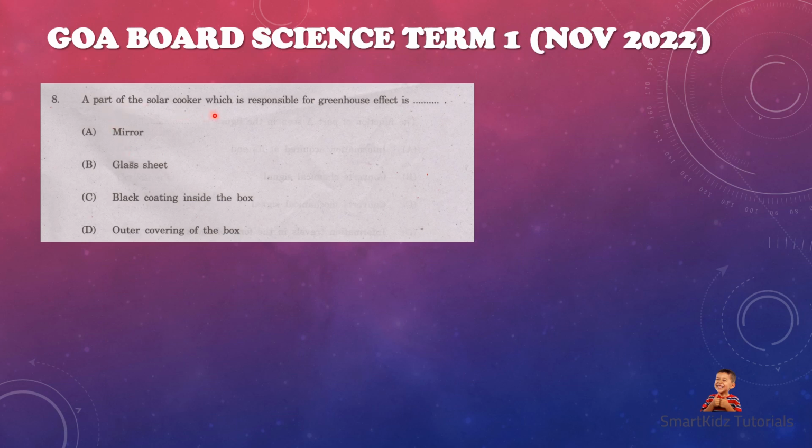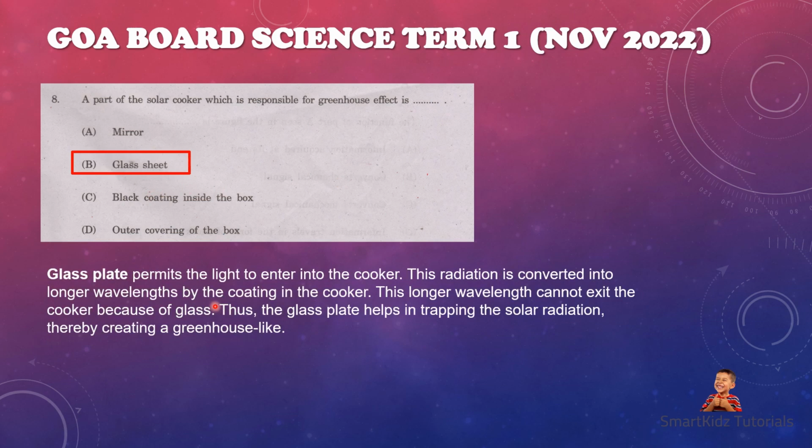Next, a part of the solar cooker which is responsible for the greenhouse effect is the glass sheet. Remember, the glass sheet allows light to penetrate into the cooker, so it allows entry of light. This radiation later is converted to longer wavelengths by the coating in the cooker. This longer wavelength is then prevented from escaping by the glass, as a result of which, see, light brings with it